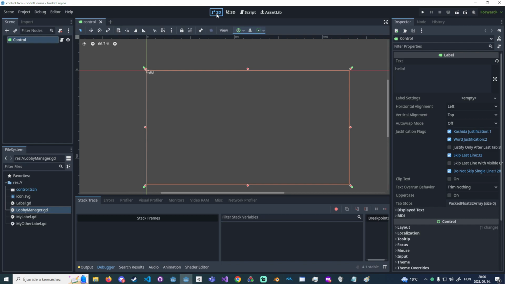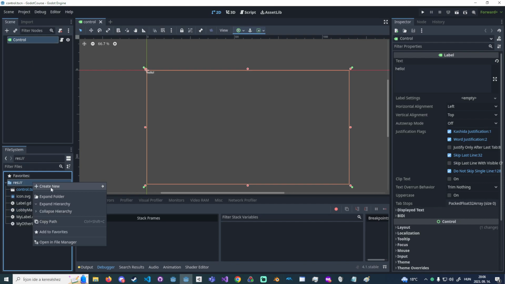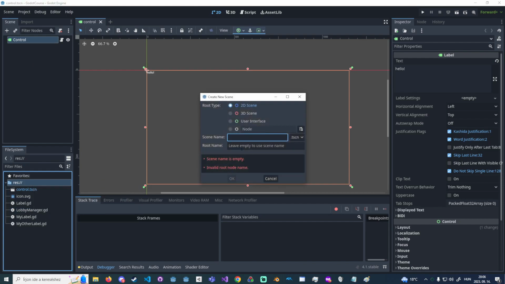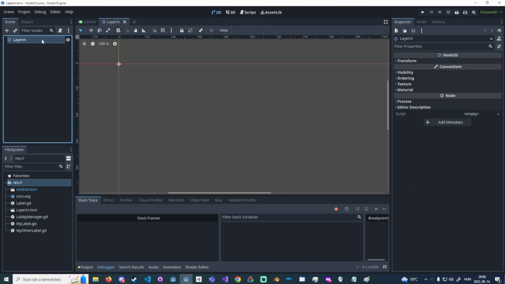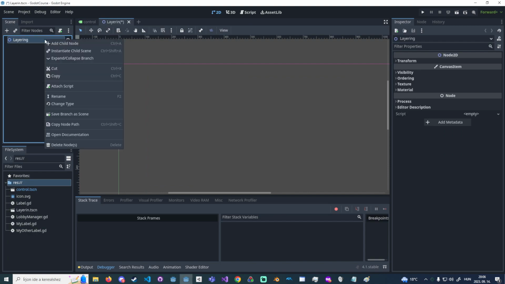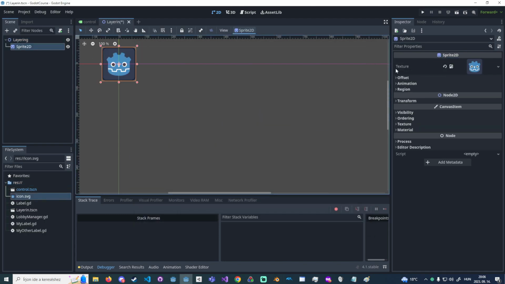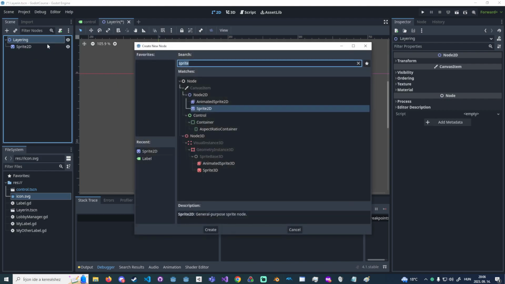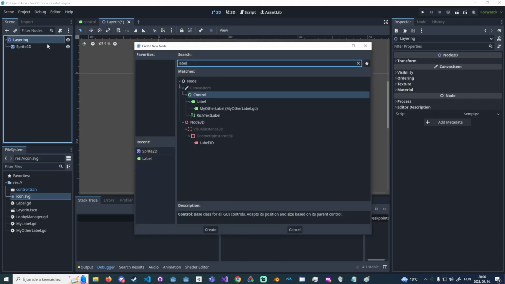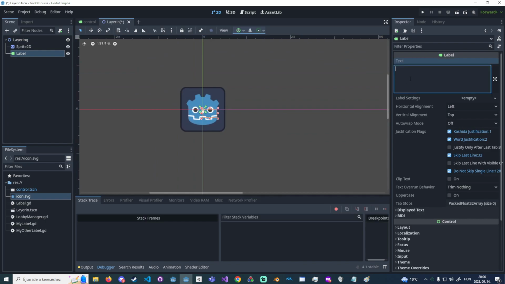We can just see this for ourselves. I'm going to create a new scene. It could be a 2D scene. I'm going to call it Layering. Okay. And I'm going to add a node, a Sprite. You know, that's for textures. And also a Label, which is a Control node. So if I just type here,